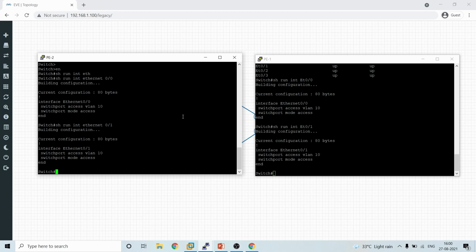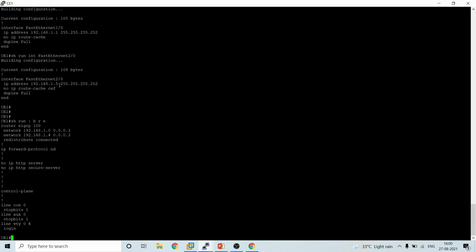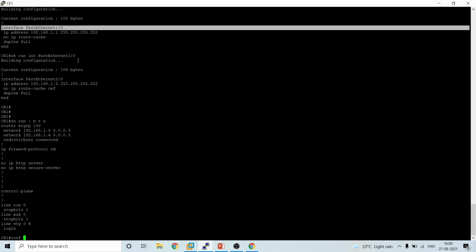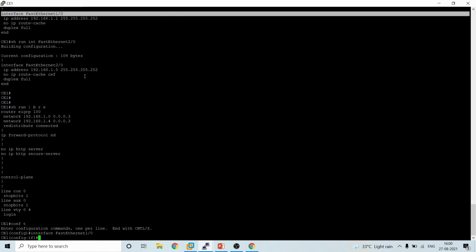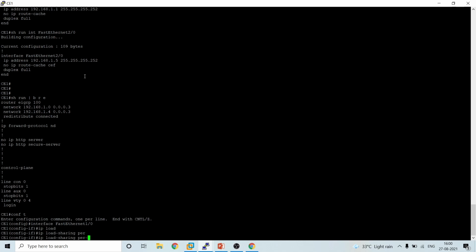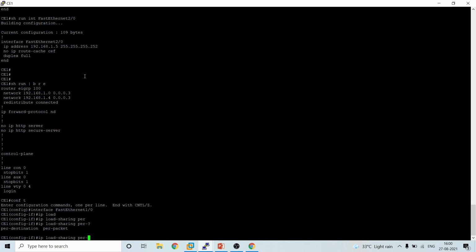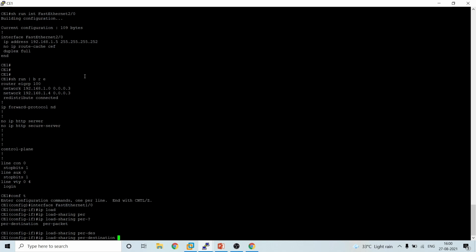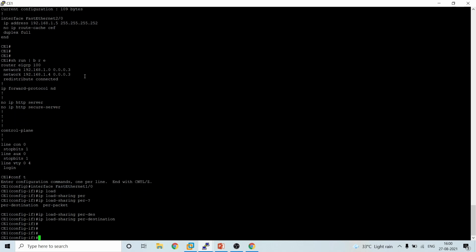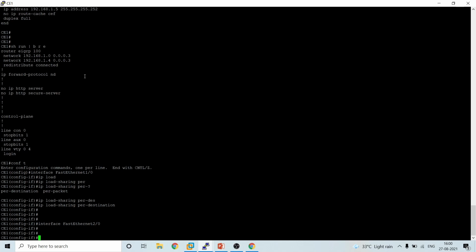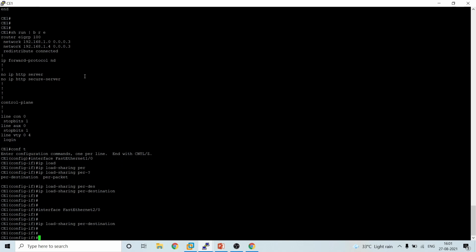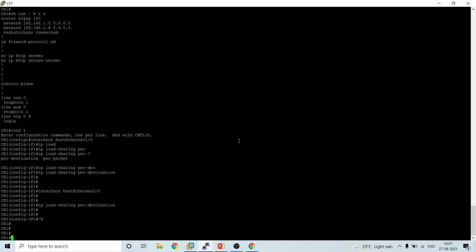Now we'll see how Cisco Express Forwarding is working. In the CE router, we have enabled no IP route cache. The command is IP load-sharing per-packet or per-destination. There are two options. First we'll put per-destination, and we'll enable the same command here as well on 2/0, per-destination.